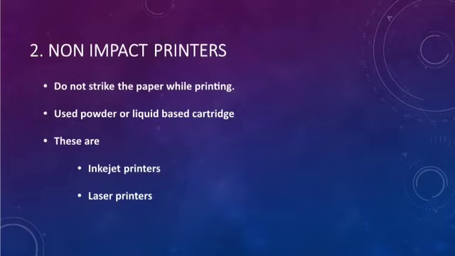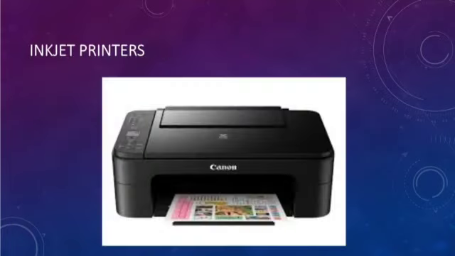The first one is inkjet printers. The print head has several tiny nozzles, also called jets. The nozzles spray ink onto paper to form a character or image. So, the nozzle spray will be in the form of the character or image. Cartridges have to be changed frequently. Whenever the ink is gone, the cartridge is refilled with ink, liquid or powder.